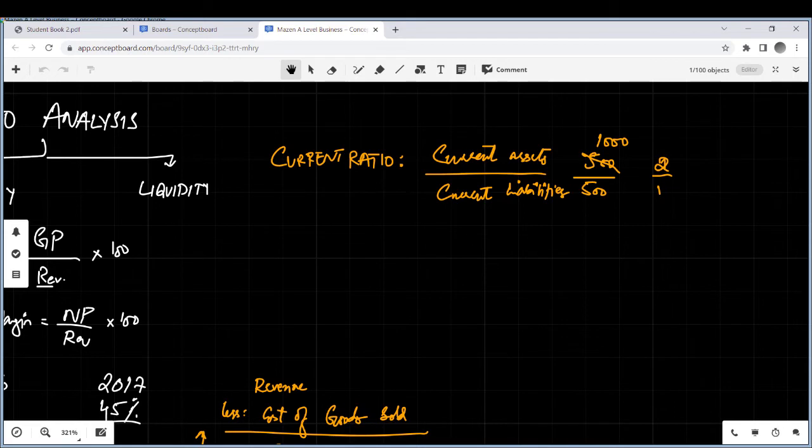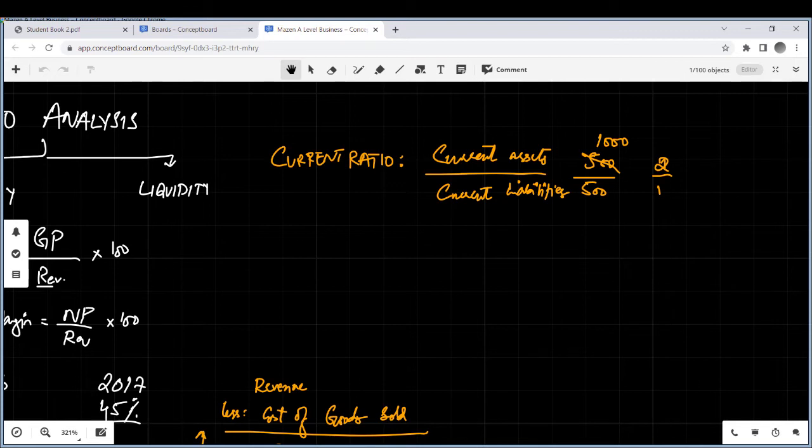What are current liabilities? What is a liability? A liability is the amount that you have to pay to someone. What is current liability? The amount that you have to pay over the next year. So if an asset is the amount that you will get over the next year,